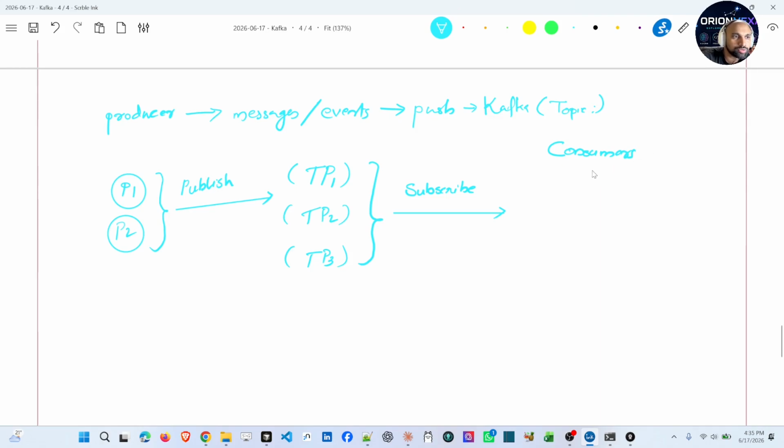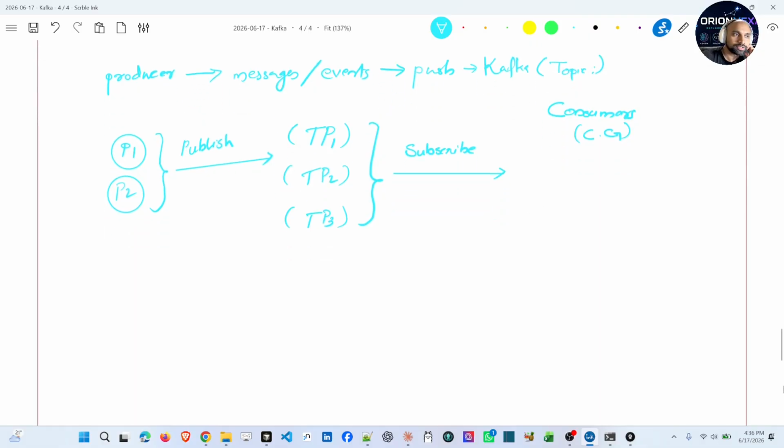One consumer group can subscribe to more than one topic, and they all will get this data. This is how Kafka works.